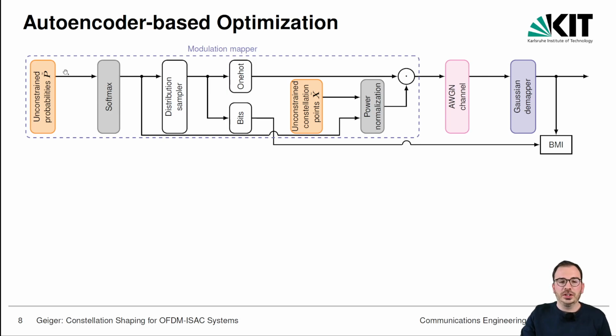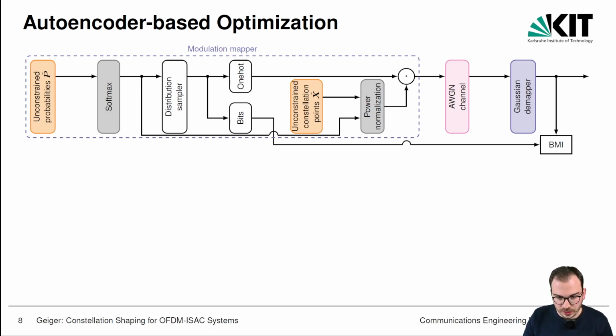Then for the training, our distribution sampler generates a batch of 100 vectors, which are then used to generate the transmit symbols. Then we simulate the transmission over an AWGN channel before the symbols are passed through a non-trainable Gaussian demapper. And finally, we calculate the bitwise mutual information and backpropagate,